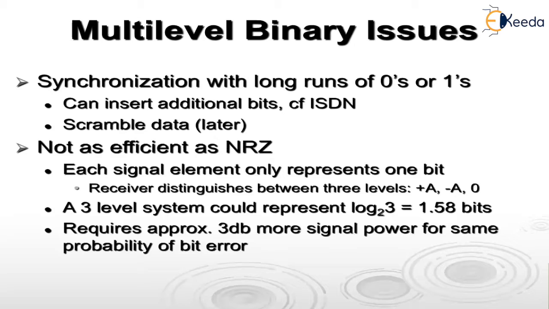Of course, as with any engineering design decision, there is a trade-off. With multi-level binary encoding, the line signal may take on one of three levels, but each signal element, which could represent log base 2 of 3, equal to 1.58 bits of information, bears only 1 bit of information. Since the receiver of multi-level binary signals has to distinguish between three levels, plus amplitude, minus amplitude, and zero amplitude,